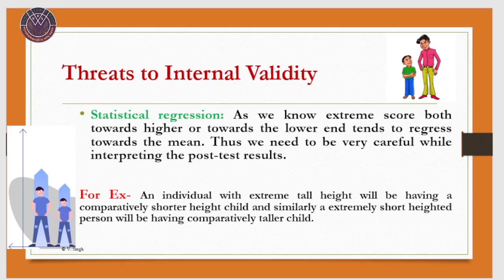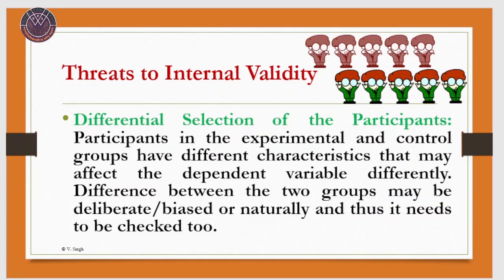Thus, the increase or decrease in the extreme pretest scores may be only due to statistical regression and not due to the actual treatment or the manipulation of the independent variable, and it must be taken care of while interpreting the study findings or while establishing the causal relationship between independent and dependent variables. Another threat to internal validity is the differential selection of the participants in both the groups,